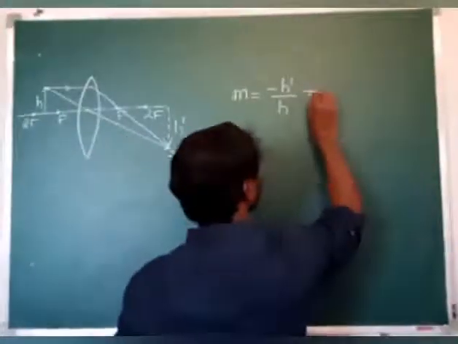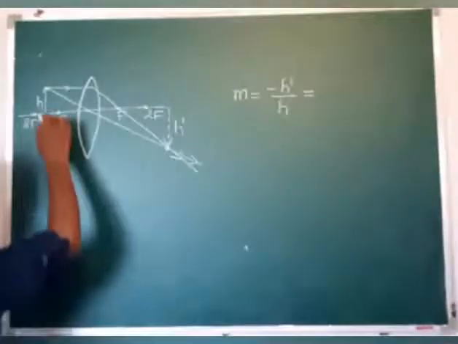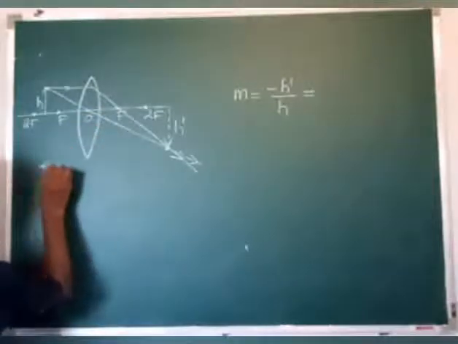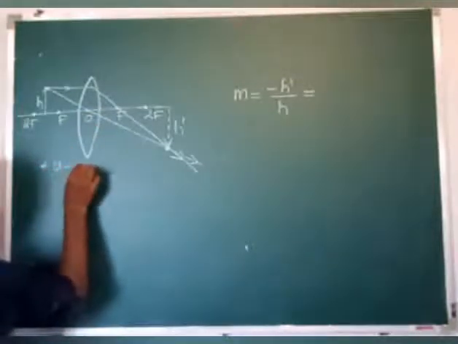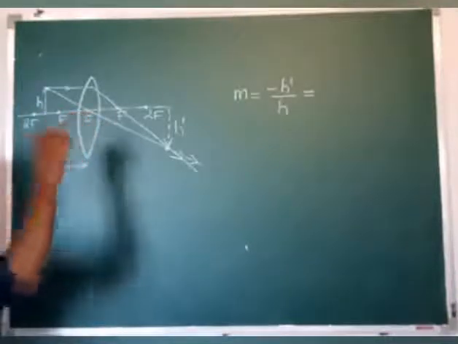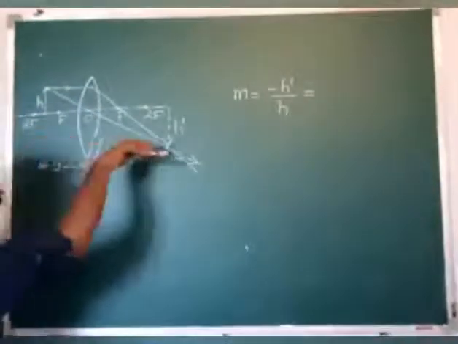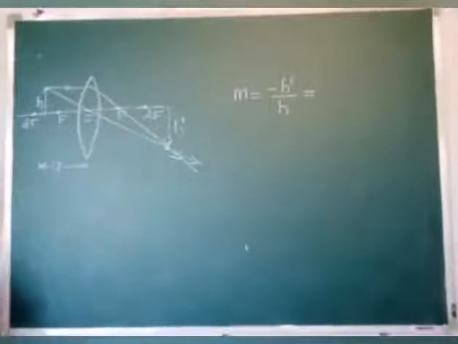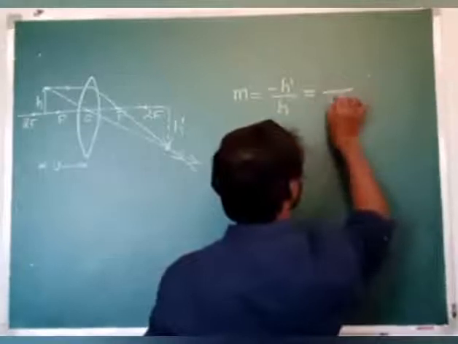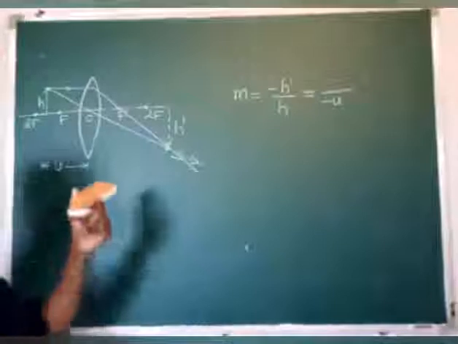That is equal to, in terms of image distance and object distance. The distance of the object from the optical center is called object distance, but that object distance is taken as negative here, because the distance of the object from the optical center is measured in the opposite direction of incident light. Incident light is in which direction? Forward direction, but the measurement is in backward direction. Then object distance can be taken as negative, that is minus u.